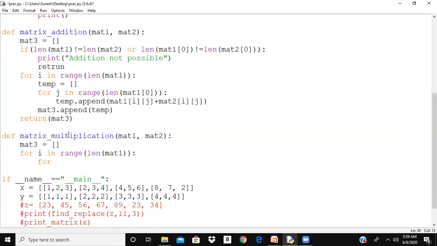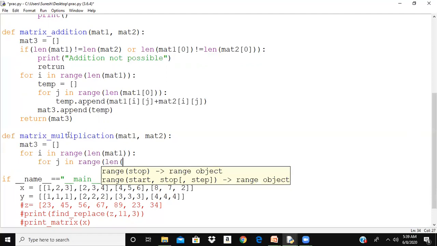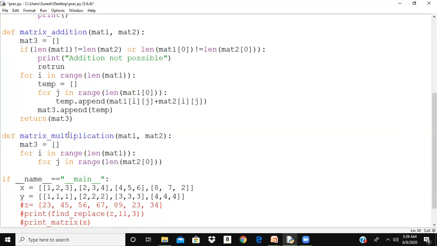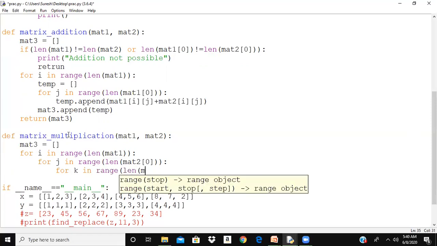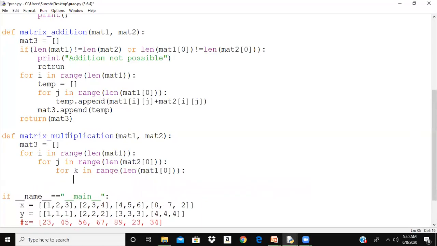So for j in range len of mat2 of 0. Why am I taking 0? I want to get columns. Then I can use the columns of the first matrix: for k in range len of mat1 of 0. So I got all the 3 things.